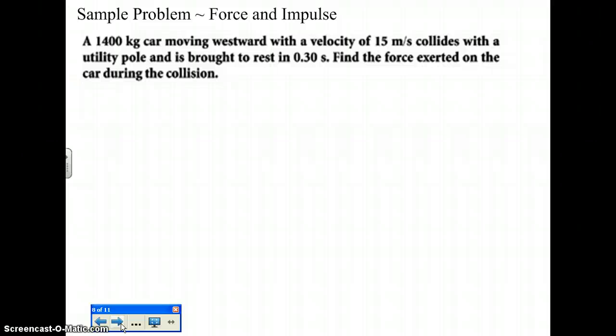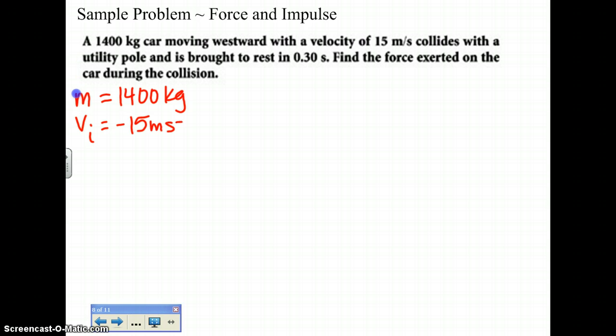Okay, so the first thing we see is a car, and this car has a mass of 1,400 kilograms. It's moving westward. Masses are not negative. You can't have a negative mass. You'd be floating around, right? So the mass isn't what's negative, it's the velocity that's going to be negative. So Vi is going to be negative 15 meters per second, collides with the utility pole and is brought